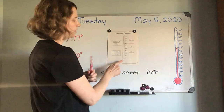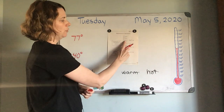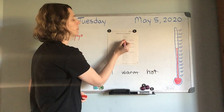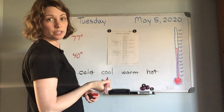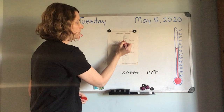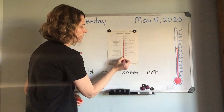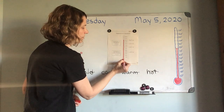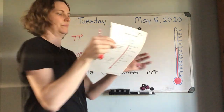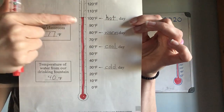And what you want to do, they made a nice little tube here that you can color in. For 100 degrees, we're going to make a little mark at the 100 so I know where to color up to so I don't go too far. And then with your red crayon, you're going to color in this with red. Let me show you. Oops, that kind of went through on the other side of my paper. So all the way up to 100,